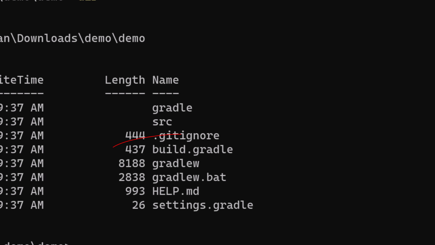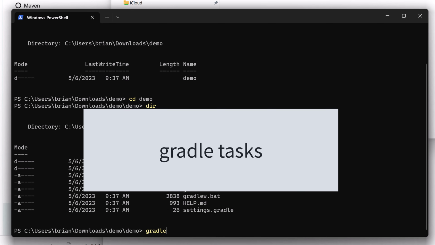The most important file here for us is the build.gradle file. This is a configuration file used by Gradle projects to define the project's build settings, dependencies, tasks, and other build-related configurations. We'll go deep on that in another video. For now, let's run the